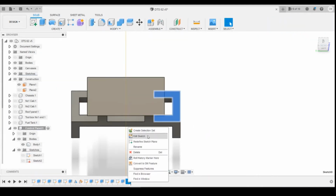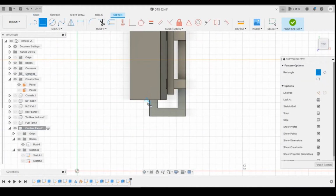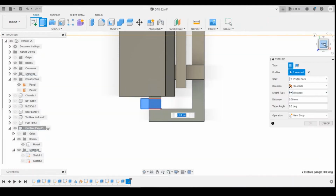Go back onto the sketch for the end here. Okay, so let's draw. It overhangs slightly at the front, so I think what I'm going to do is snap to this corner here and just extrude forward slightly. So 1mm by 0.5mm,